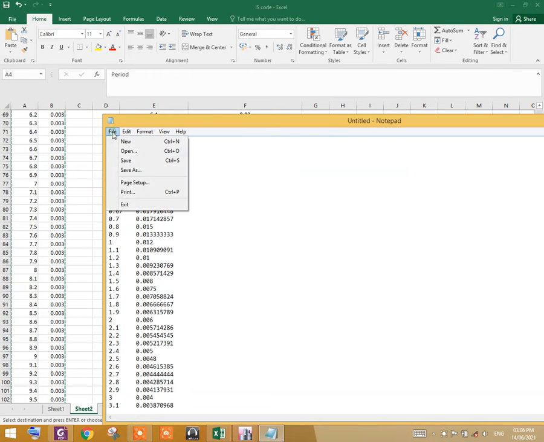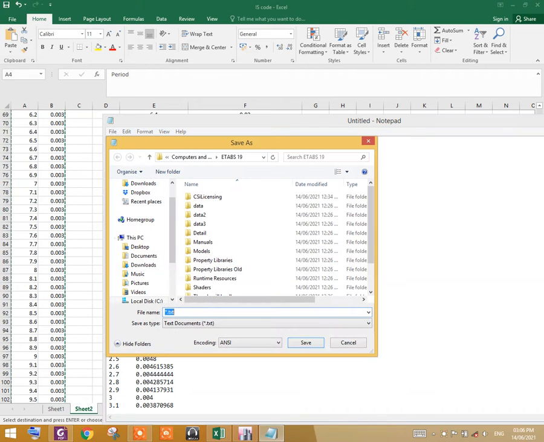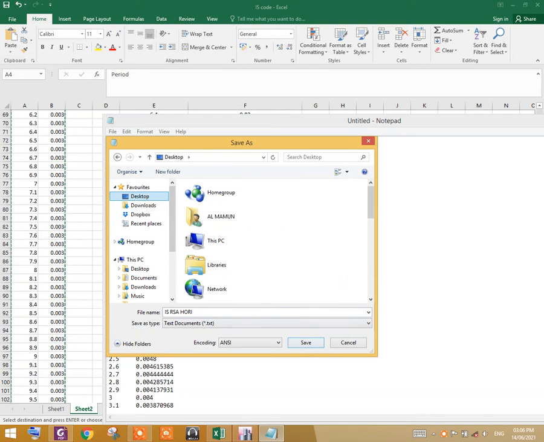Now Save As, give it a name, save as type, select text document and assign the name here, that is IS RSA horizontal. I'll save it on the desktop.